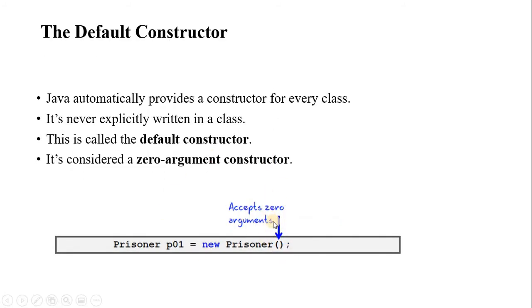So default constructor means there is no argument or parameter given here. That is called a zero argument constructor, or we can also say default constructor, that is no argument. By default every class has one. A default constructor is required for all classes, because when you create an object for any class, the default constructor is called, that is the meaning. So it is never explicitly written in any class. Every class has a default constructor by default.